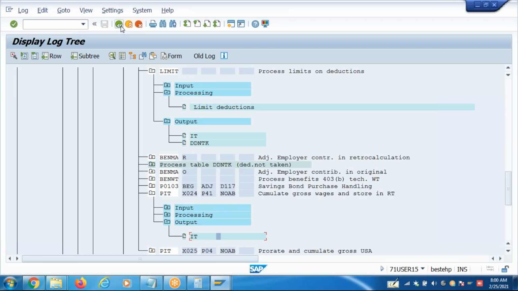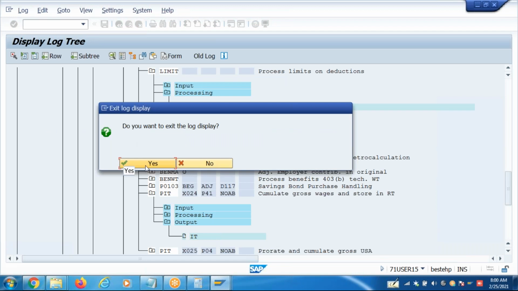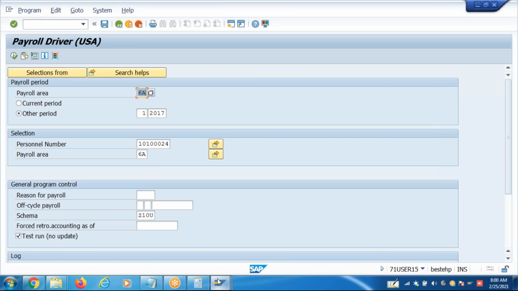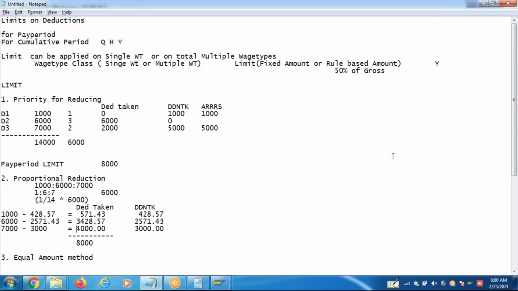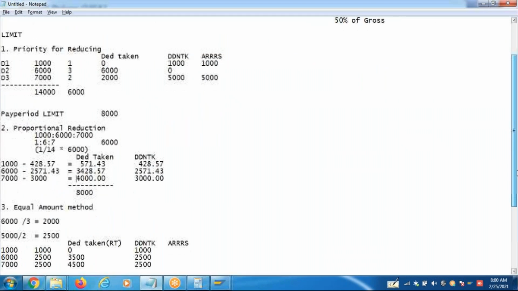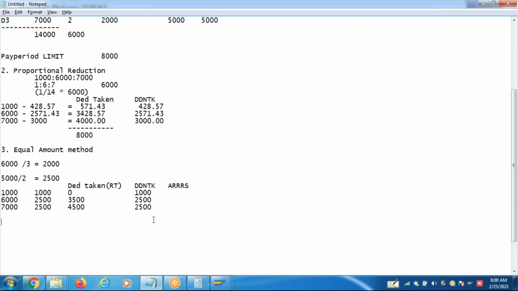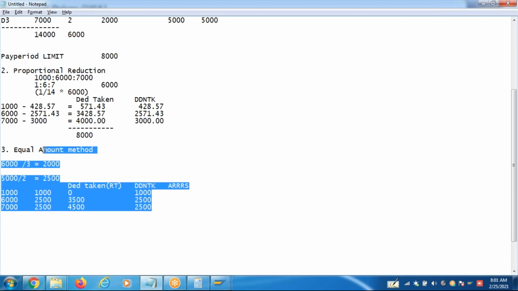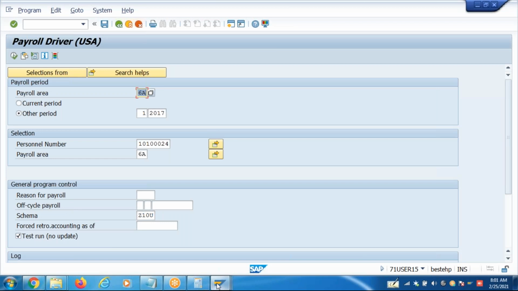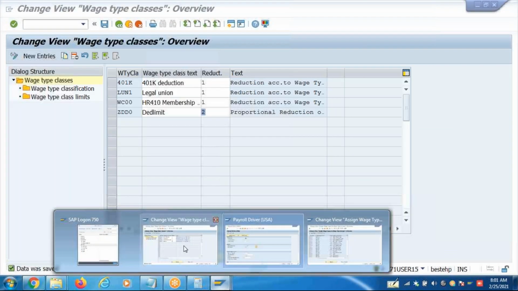Okay, equal reduction. So you have to understand this concept and see how I calculated these manual figures first, before we run SAP. That is important in payroll. Suppose something goes wrong, then again verify your manual calculation and then the SAP calculation. Without that, what is testing? You have to have an expected result first. Manual calculation applied first, and then put the same thing in the system and test it. Okay, so look at the third method, equal reduction.